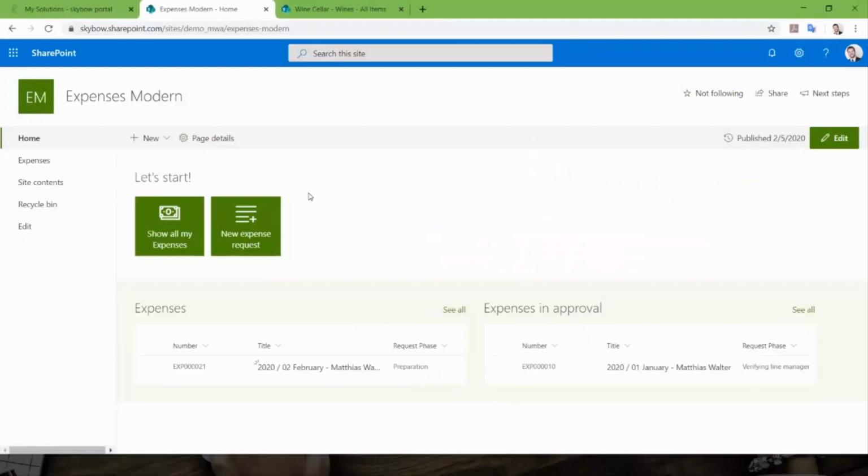So what I've prepared is this expense case. What you see here is a modern SharePoint site. I have 2 lists here. And if I have a look at the list, those are just different. That's just out of the box. This is expense,